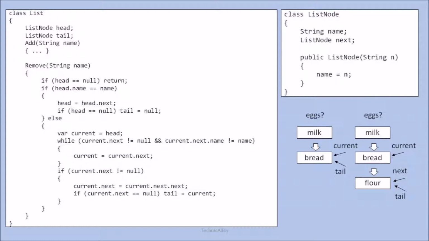Now, just a few words. There are many different possible implementations of a list. You may or may not keep the tail reference. You may decide to add items to the start of the list rather than append them to the end. You may add your own terms and conditions depending on what you want to achieve and what suits your needs best. And a few things to watch out for would be, first of all, for all operations on a list,